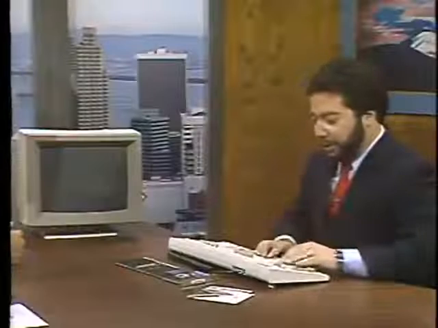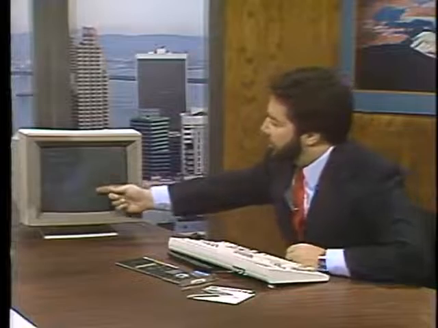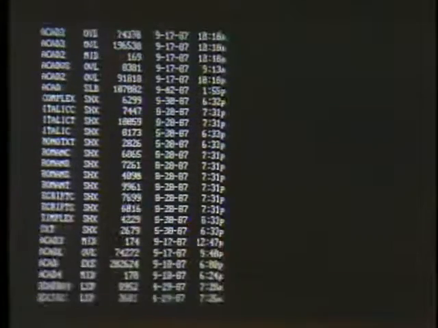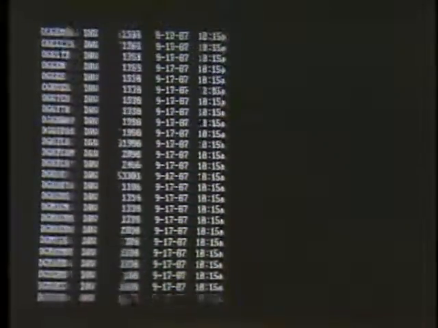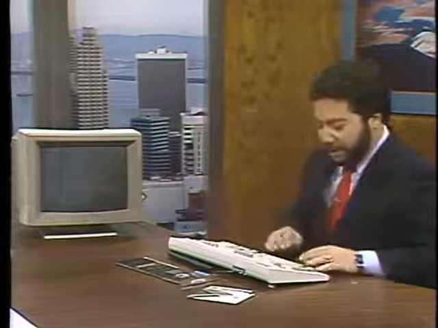Sure. If you just do a dir, take a directory of the machine, this is what the machine looks like running at XT speeds. And from the keyboard, I can control the speed, and you can see that the dir is dramatically faster. Now, you wouldn't spend $995 just to make your dir go, but certainly if we take a